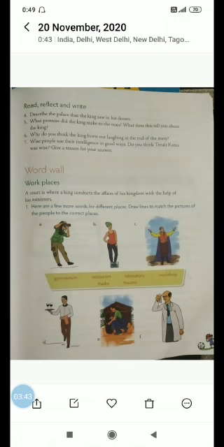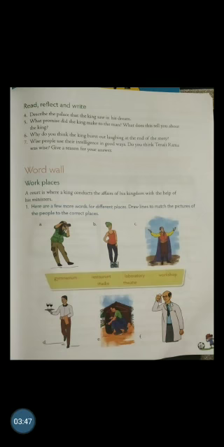Wise people use their intelligence in good ways. Do you think Tenali Rama was wise? Give a reason for your answer. Now, wise people always use their intelligence. Do you think Tenali Rama was wise? Yes, he was wise. And why was he wise? Because it was difficult for any of the courtiers to make the king understand that his dream was not real. So it was only Tenali Rama